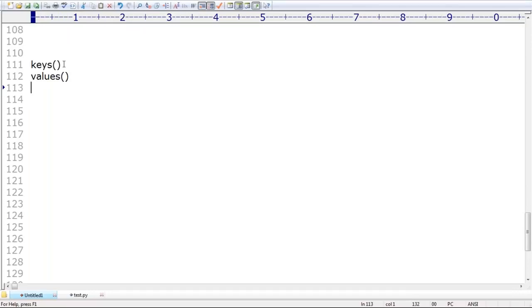Now my question is, I want all items. What is the meaning of item? Each key value pair is by default considered an item. I want all items. What is the way? Items is the method. What is this items method going to return? It is a list. Internally, first key comma value, second key comma value,